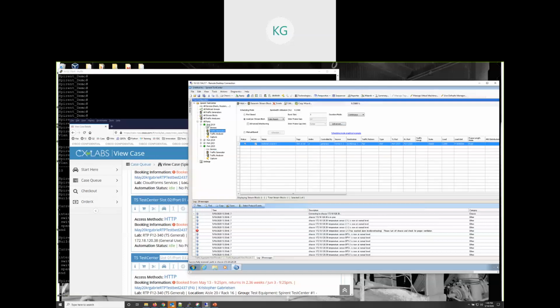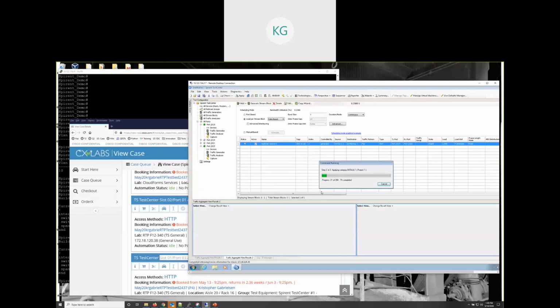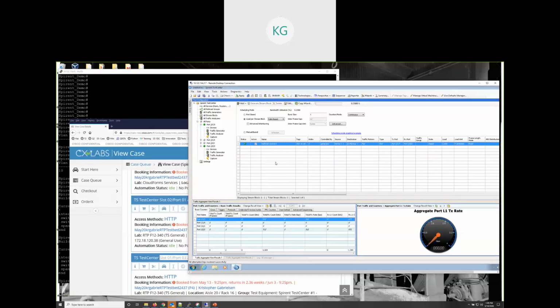So I'm going to hop over to port 13. Here's my multicast source traffic stream. Now, because this is multicast, I don't need to ARP out, but if you want to have these clients just ARP out for a gateway, you could certainly do that and just select the ARP/ND, and that'll cause them to ARP out for their gateway if it's there. And if ARP completes successfully, then we'll see that the status icon here will change from this kind of gray, shiny color to green. And if maybe only some of the hosts are able to resolve ARP, it'll turn yellow. But in this case, because I'm only dealing with 10 clients, they all ARPed successfully, and so they turned green. And Spirent has already started some interface